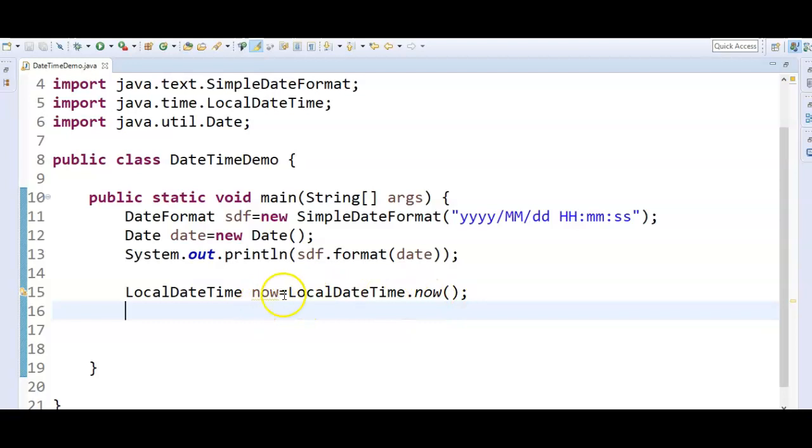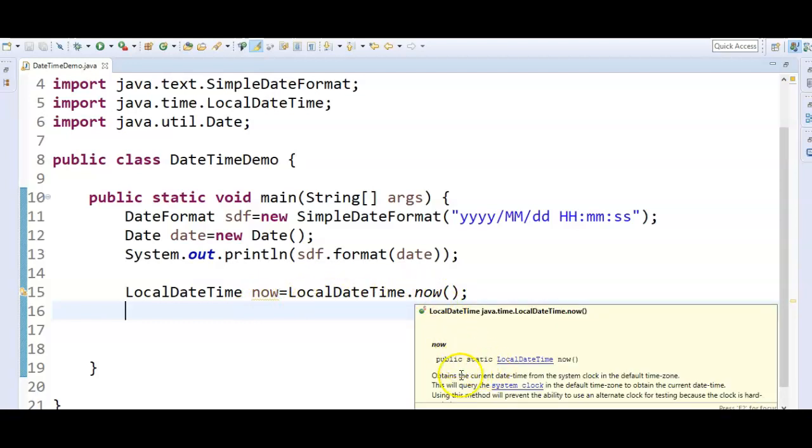So when we say LocalDateTime now equal to LocalDateTime.now, what will this now do? It obtains the current date time from the system clock in the default time zone. So what is the purpose of this now? It will get the current date time.